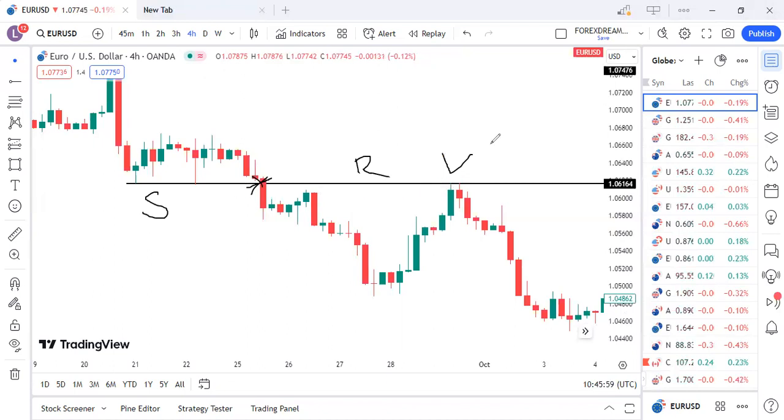Now, we have to also rely on your left-hand side. On your left-hand side, of which is going to be this one. What is it that we have here? We have the potential continuation pattern. It was tested. Therefore, there's nothing that can push the market up on your left-hand side. Therefore, this is where you're going to look for the sell opportunity. You place your stop loss above. While you're placing your stop loss above, you are giving the market a space to break.